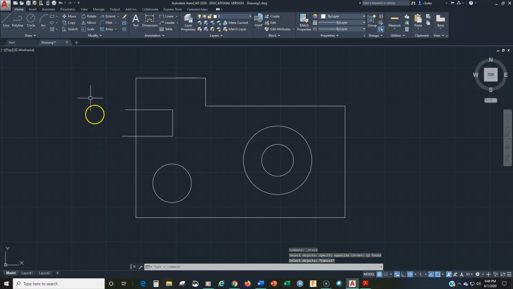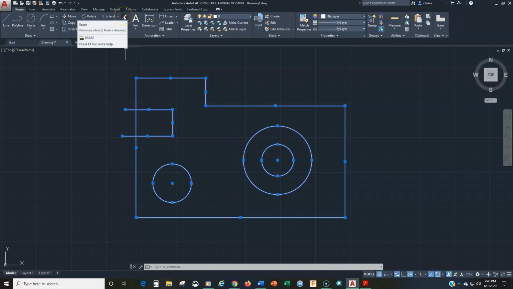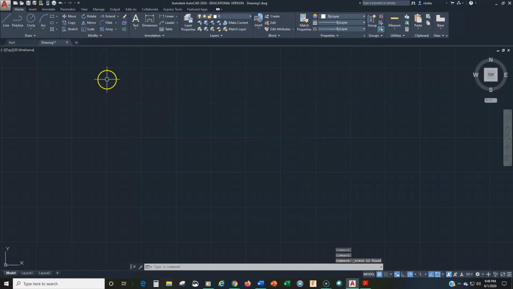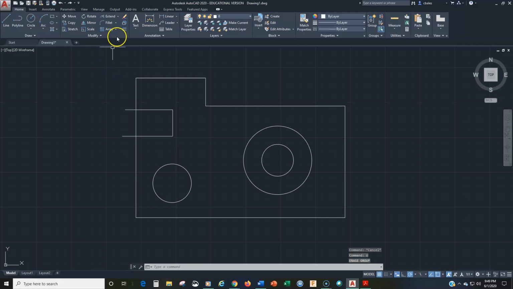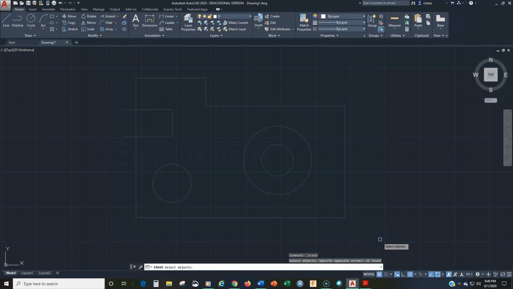Okay. We can also use the noun verb selection process. Noun, things. So I select the things, and then the verb is I go tell AutoCAD what I want to do with these lines. In this case, I want to erase it. Now watch what happens when I choose erase here. They just disappear. Okay, so again, let me undo that. So we have verb, erase, pick our objects, hit enter,